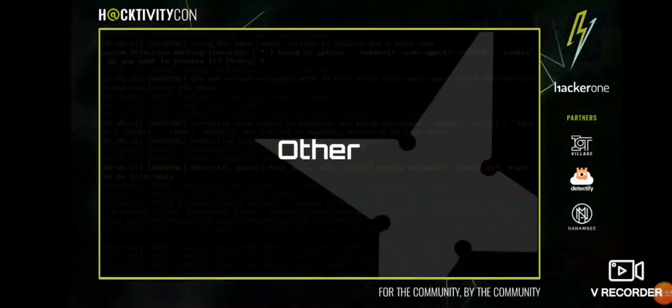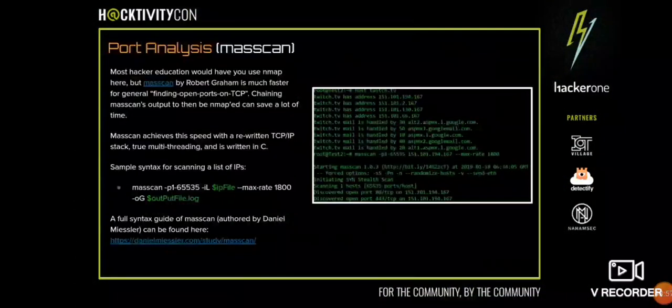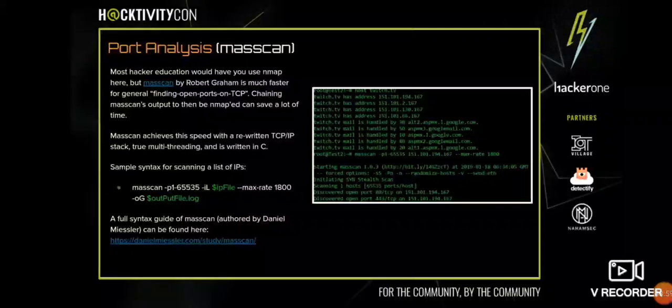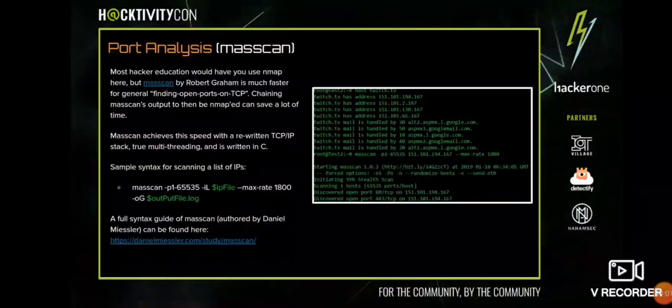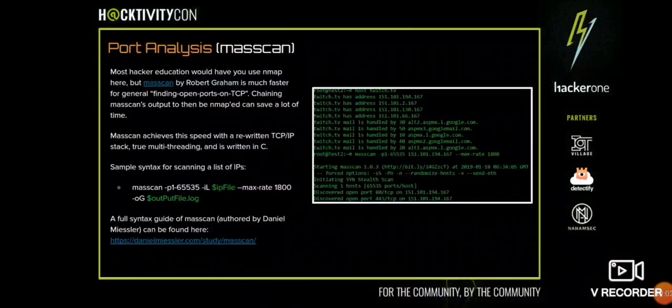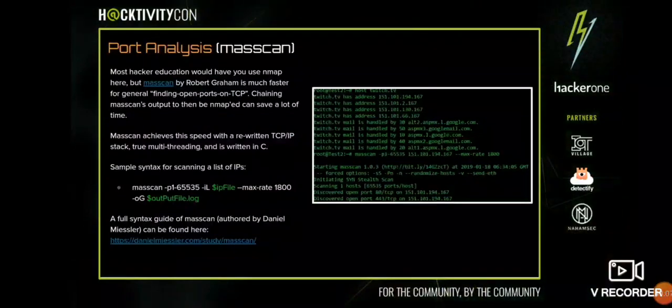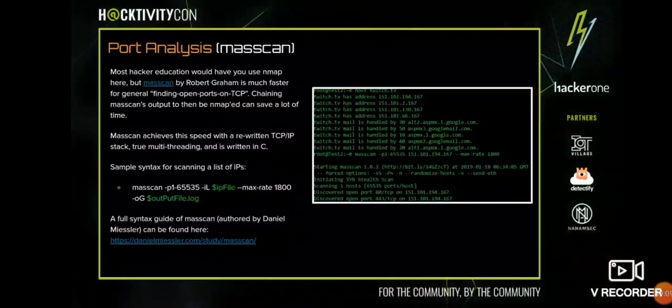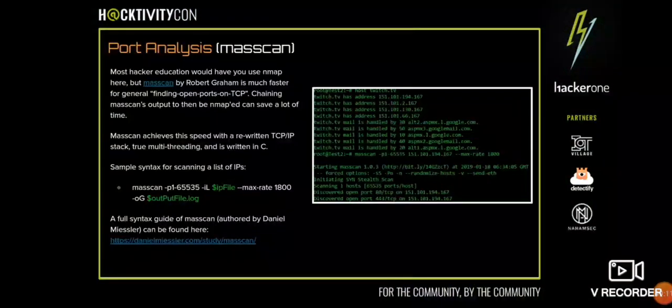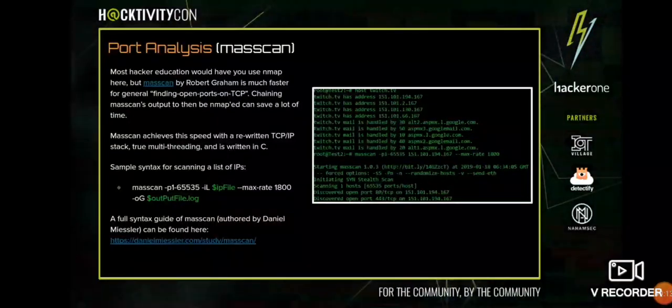Okay, so we're about to wrap it up here. Now we talk a little bit about, once we have all this stuff, do we want to do some port level analysis on all of these subdomains we've had? Yeah, we do. So basically, old school hacking nomenclature would have you use things like nmap, right? And even